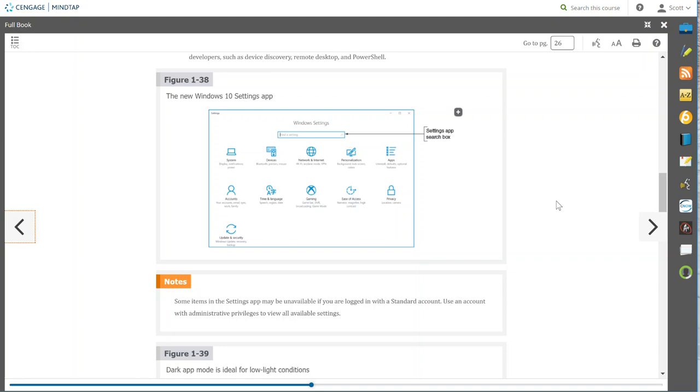There's an assumption, valid or invalid, that if you are taking an A+ exam, which this course I cover one of the two A+ exams, then you are in some way supporting users, either a software support desk, help desk, or as a system technician where you're repairing hardware and software on devices. Okay, now with that said,